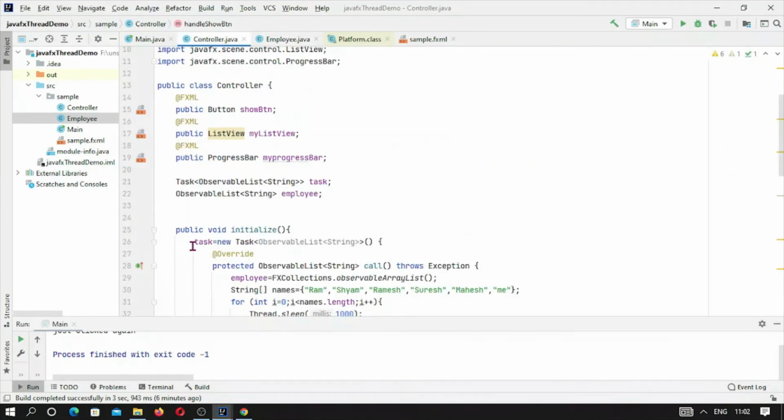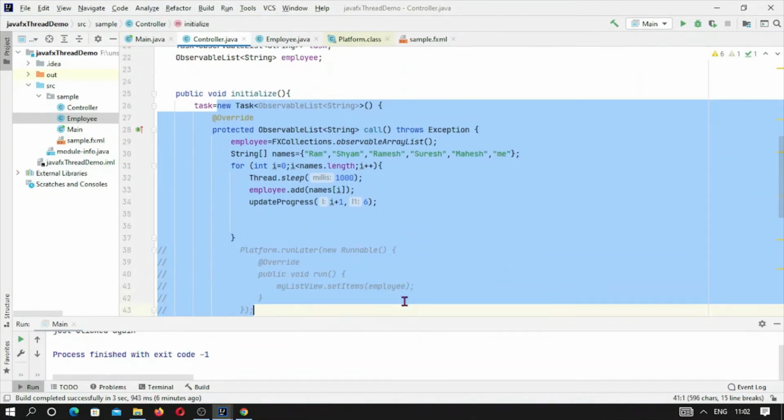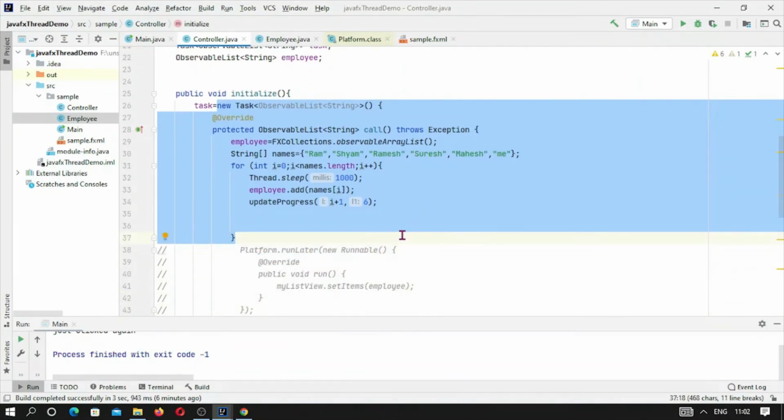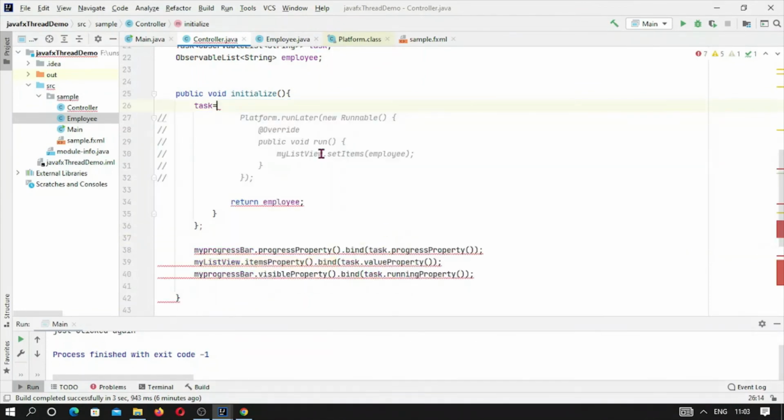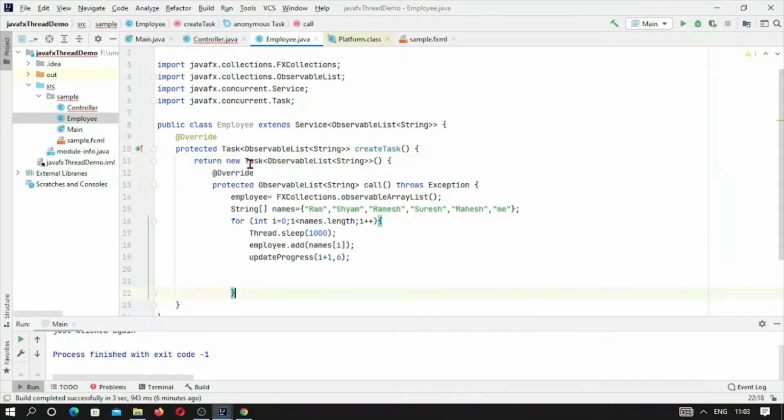From here we will copy the return new Task, up to here. Let me delete this, and in the Employee class let me return this new Task. Okay, and for the purpose of this, let me create an observable list